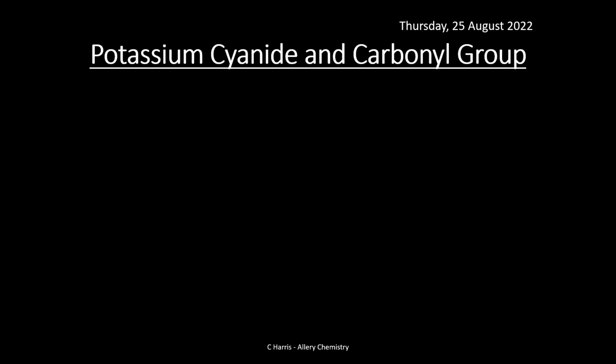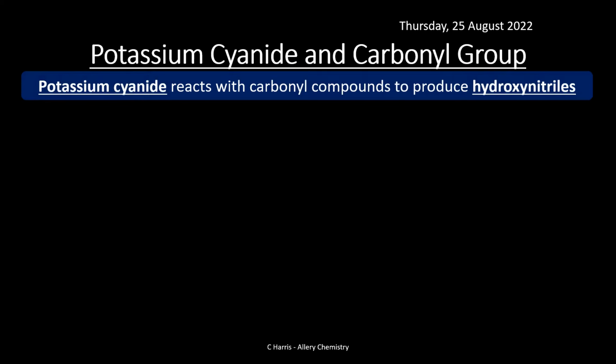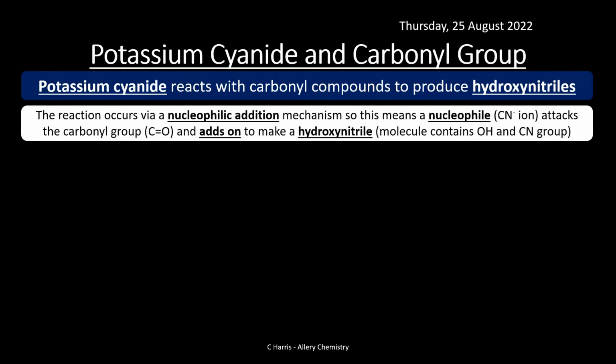Okay, so let's have a look at some other reactions involving the carbonyl group. So this one is potassium cyanide. Now, potassium cyanide can react with carbonyl compounds to produce hydroxynitriles. So effectively the reaction occurs via nucleophilic addition,